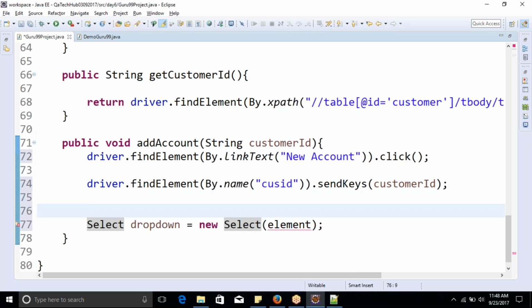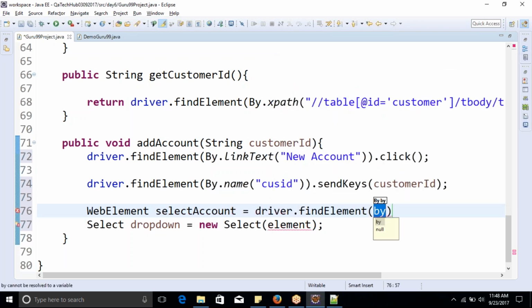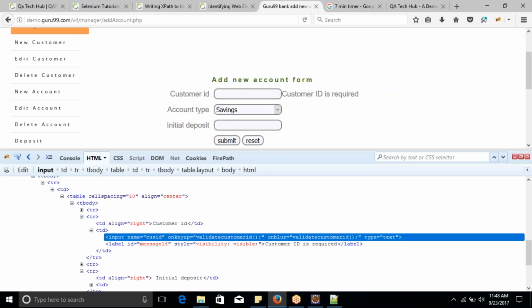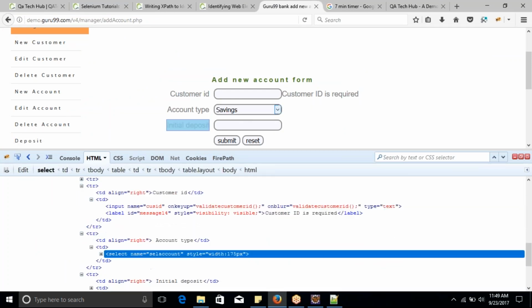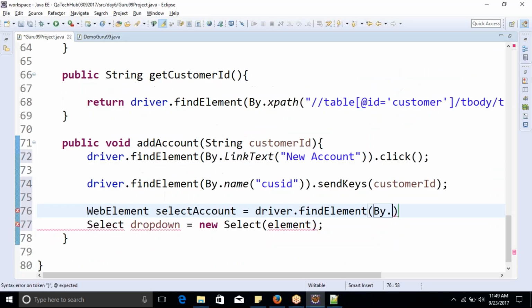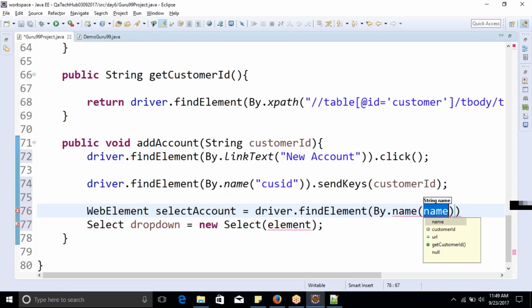So here I will first define a web element. I'll say WebElement, and let's name it selectAccount, or anything. I've just given it a name, and it will be driver.findElement(By. How can I identify that? How can I identify this account type? So let's see. This drop down can be identified with one attribute, which is name. So I can use By.name here. I'll copy this value here in the code. I'll say By.name, and the value of name is